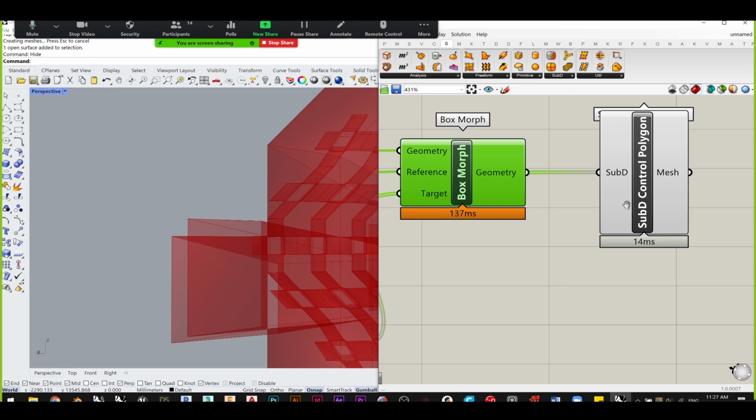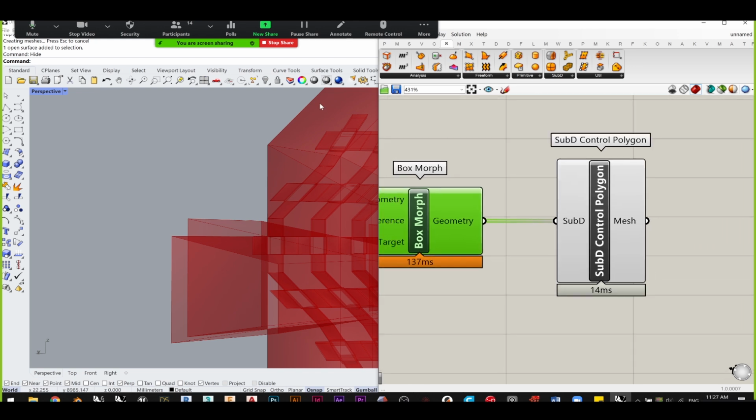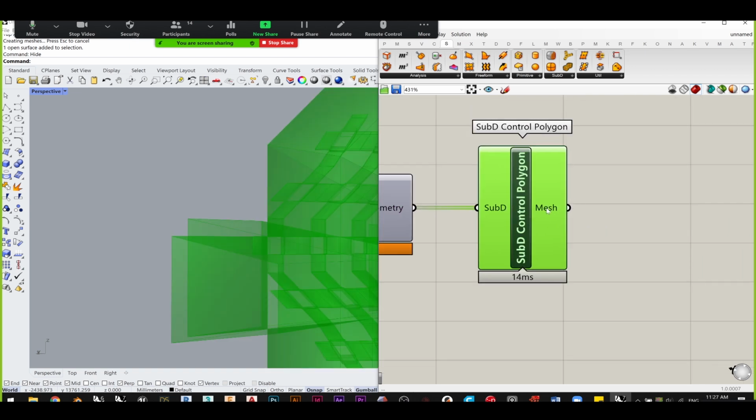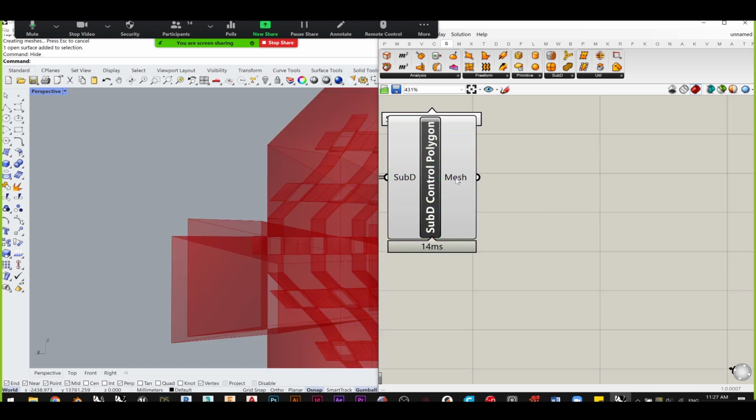Anyway, coming back here, I just extracted the control polygon, the flat version of my SubD geometry in Grasshopper, and it extracts not as SubD but as meshes. And that's fine with us because it's going to be very easy to convert it back to SubD later on. So these meshes, I will join them up. I will use join. Or rather, let's not use join because,